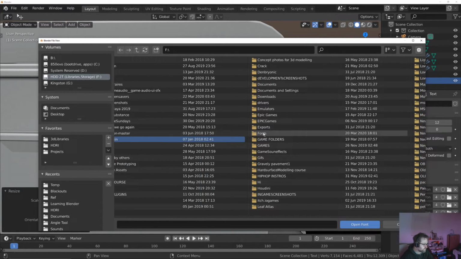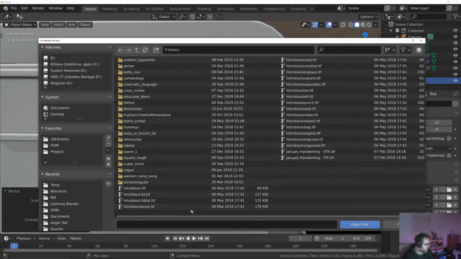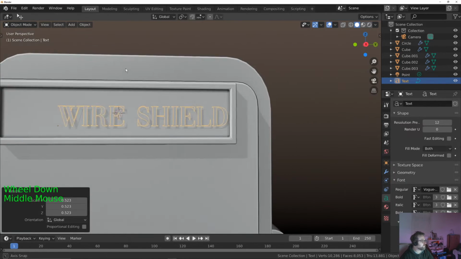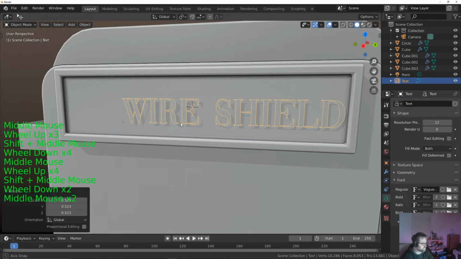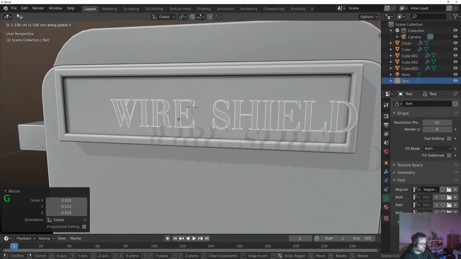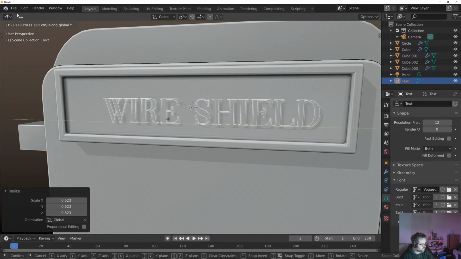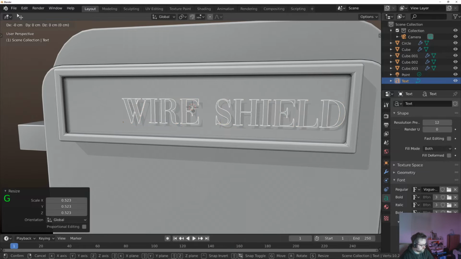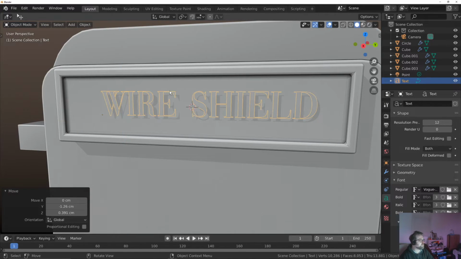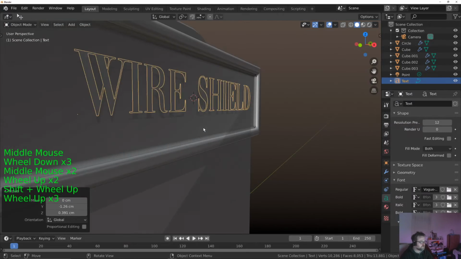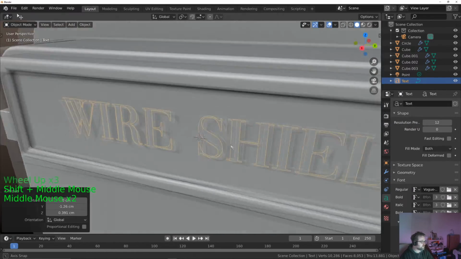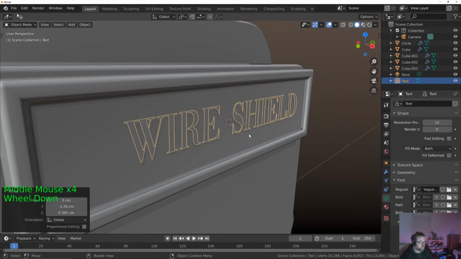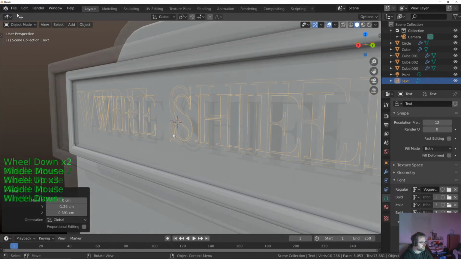I believe I do anyway. I can't remember what any of these look like, so I will choose Vogue. Okay, that will do. Now we'll go G, everything except for Y. G, everything except for X. Okay, yep, there we go. Get that kind of in the middle. Now this will be something that will only get baked in on the normals. So I don't know whether to do it as a Boolean or as